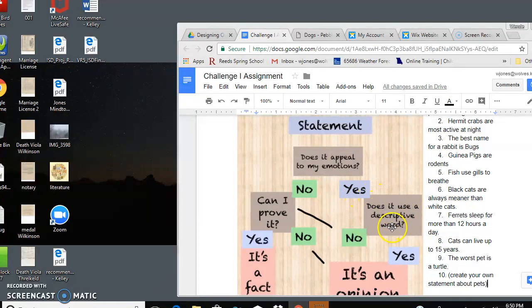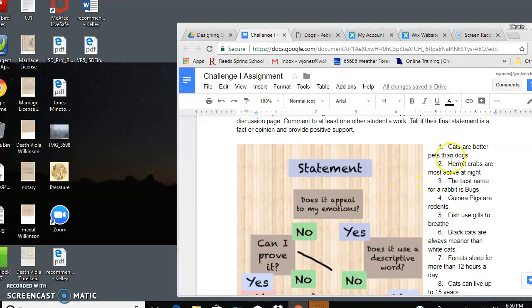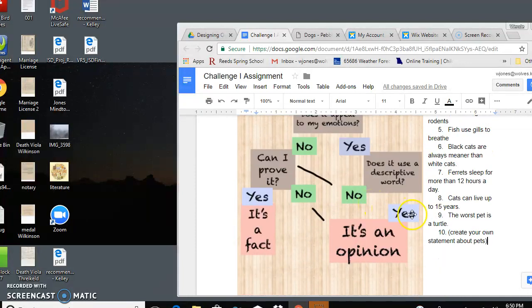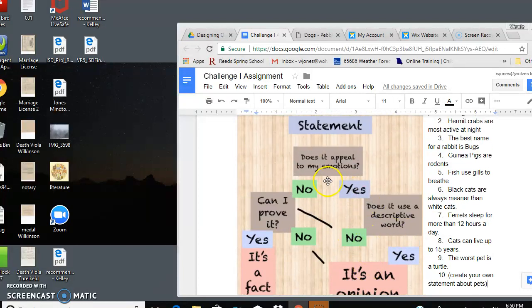Does it use a descriptive word? Our descriptive word is better. So I'm going to say yes. It is an opinion. If it had been no, or any of these, we would have gone over and followed the no,